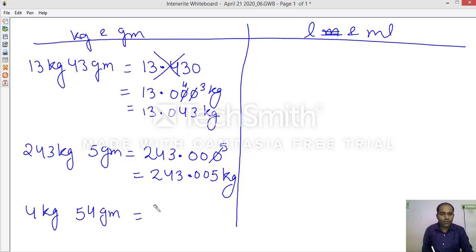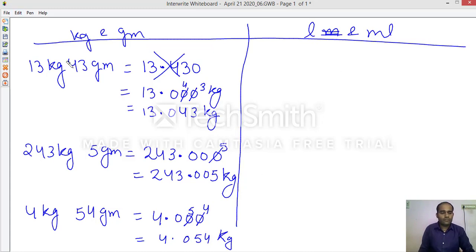After 4 you will place the point, and how many zeros? 1 2 3, and 54 will be replaced by 2 zeros, but which ones? These, not this. 4.054 kilogram. Okay, you need to change liter to milliliter with the same examples yourself.